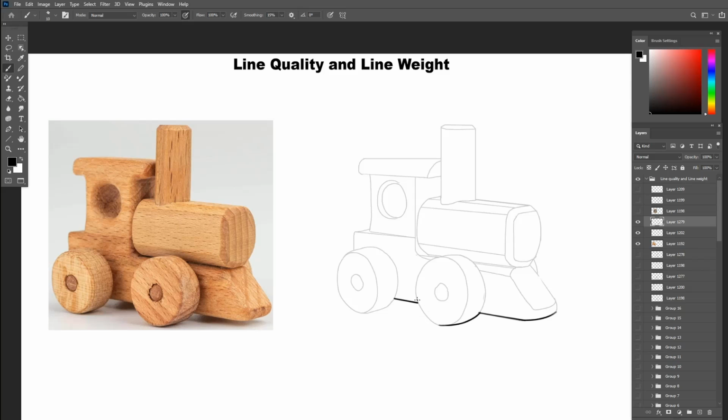Next we have the main tank sitting on the body, also having a thick cast shadow in between the body and all the way to the back, with tapered thin line in the middle.